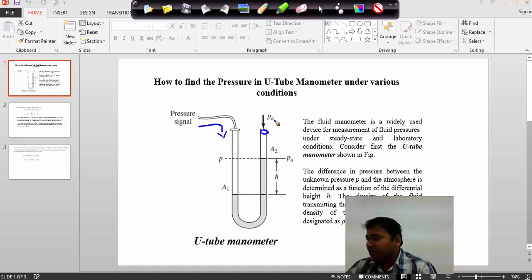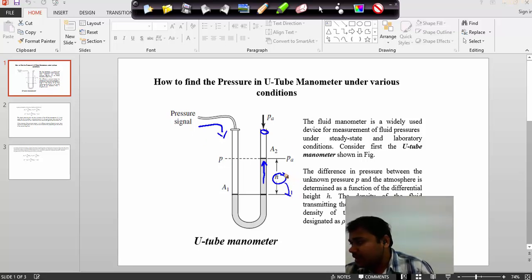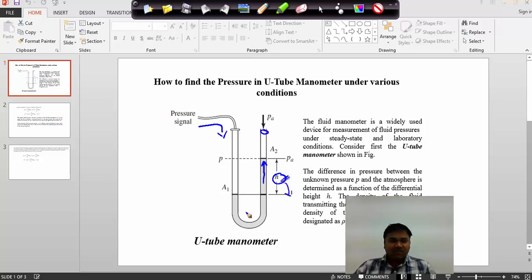As you know already the basics of this U-Tube, I am not going into detail of the U-Tube. Whenever you are giving a pressure signal here, automatically the level of the liquid inside this tube will change. Accordingly, the height of the liquid column changes. Then we can easily find out the pressure of the system or pressure of the signal by using the height. For this, the basic formula used in the system is